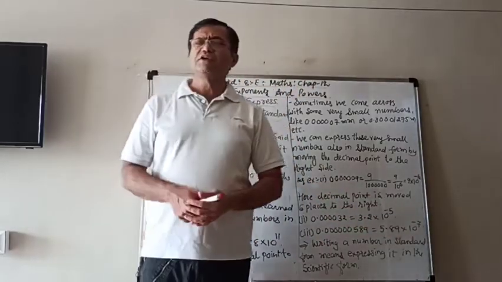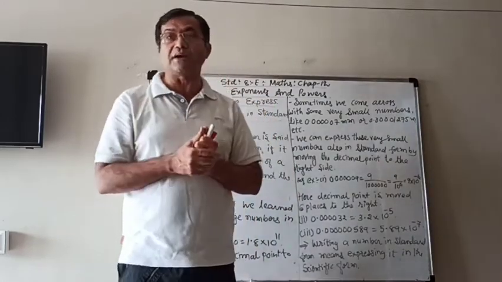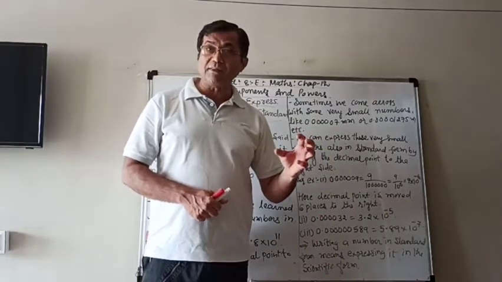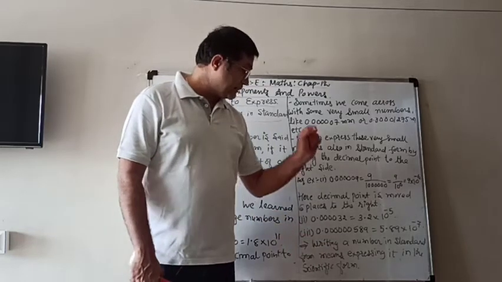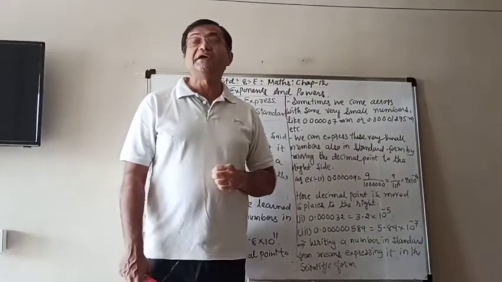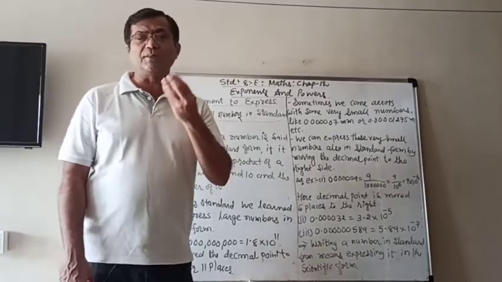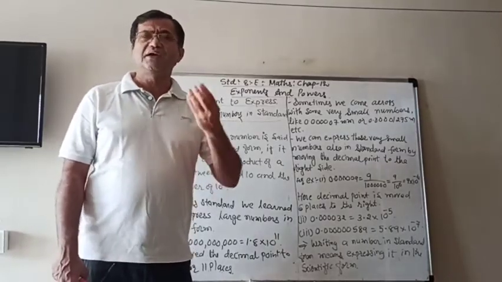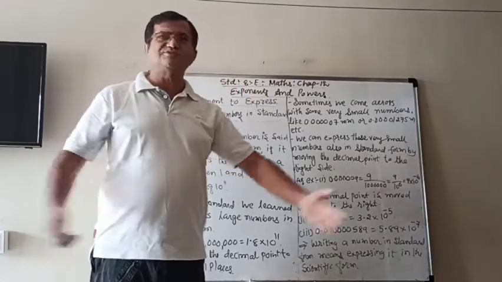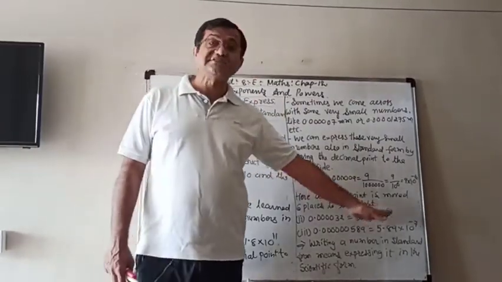So by this method, you can express any very small number in the standard form. And you have to remember that when we write down a number in standard form, it means that we are expressing that number in the scientific form. Because in science, as I told you, the mass of the chemicals and some like the speed of light, distance between them are written in the scientific form. So that is also known as scientific form.